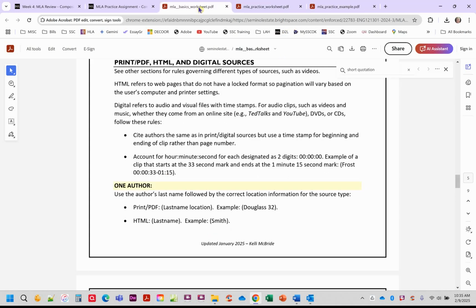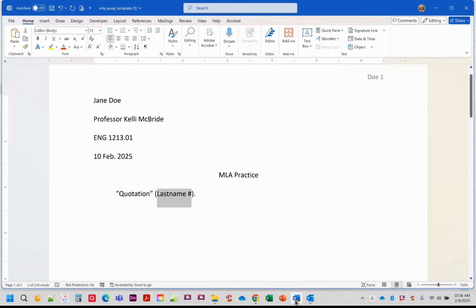All right. So for a short quotation with a signal phrase, I'm going to indent, and then I'm going to give my signal phrase. Then I'm going to give them the quotation. Now, depending on how you set up your signal phrase will determine if you need a comma or a colon or nothing at all before you give your quote. So what is the difference? Well, if my signal phrase is part of the quote, right? So if I say,